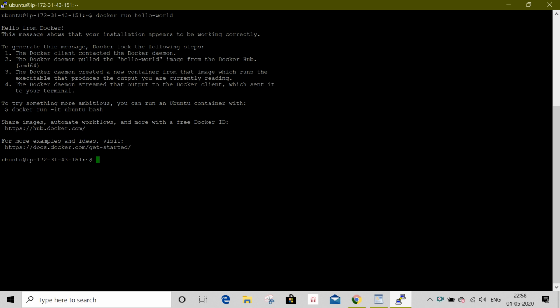Then I will run one more image, that is nginx: docker run nginx, with a version here, 1.15, enter.